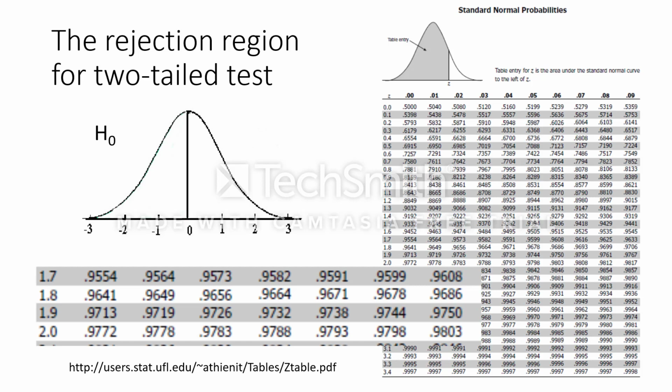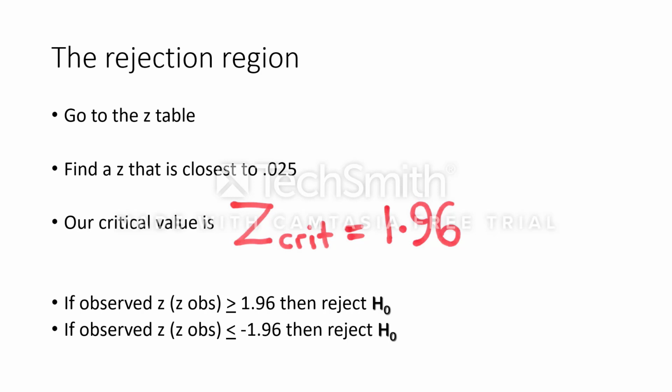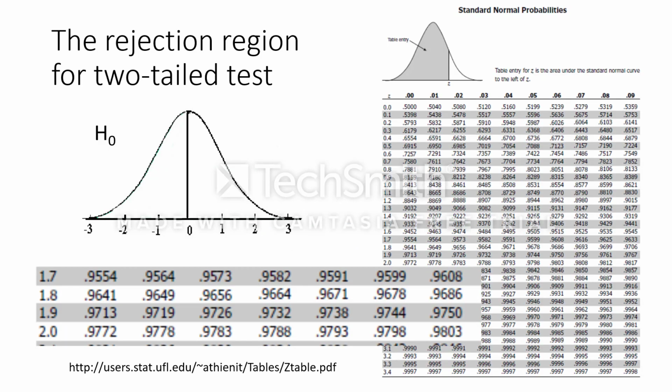We want to deal with the probabilities of less than 0.05, and that means that we need to divide that into 0.025 at this end and 0.025 at that end. So if we go into the Z table, now we're trying to find what the Z score is that's closest to the probability of 0.025. And we look in the table, and that is